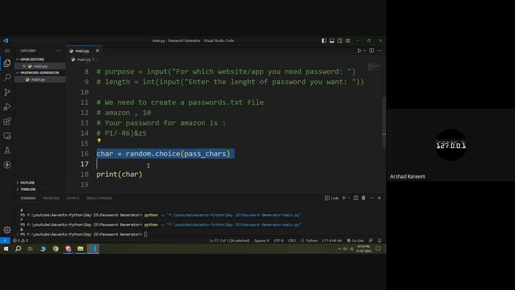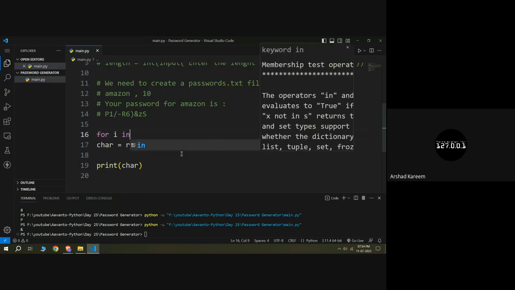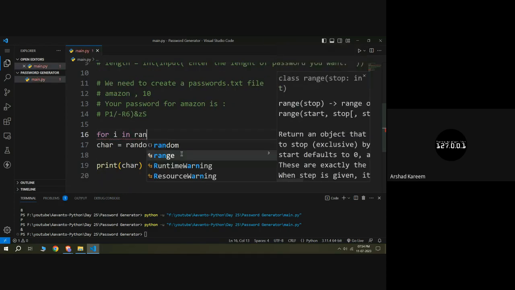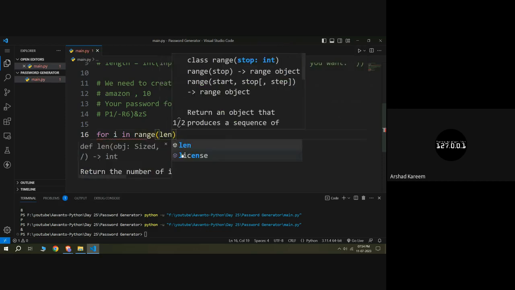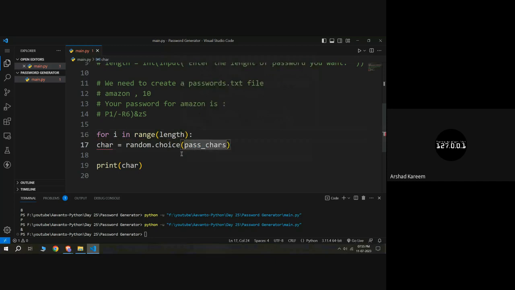Here I got a requirement. What was my requirement? I need to execute line number 16 multiple times depending upon the user's length. If the length is 15, I need to execute line number 16 15 times. So what can I do for that? Simple, I can use a for loop. So that's what I am going to do here. I am going to say for i in range length, that's it. So length is my variable name here, and inside this for loop I am going to place